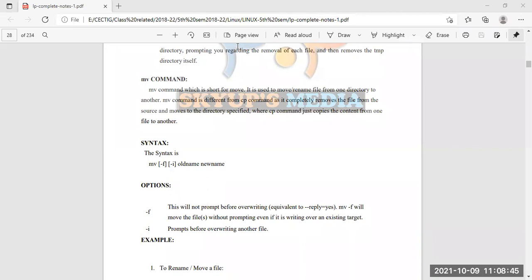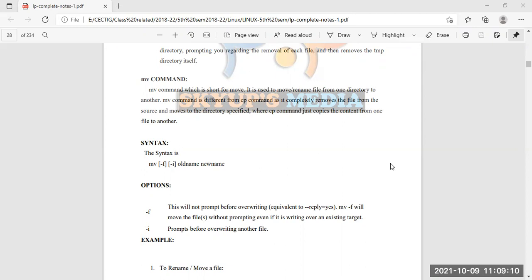So we can say the commands are interrelated; for a particular purpose, quite similar commands are there. We have the cp command and the mv command. Both try to do the same thing, but what is different is that in mv, we totally move the file from one directory to another.